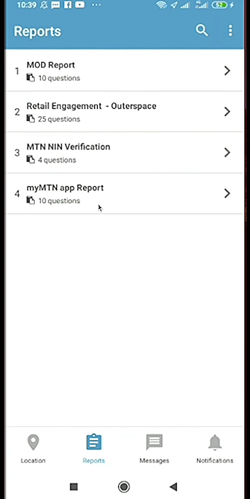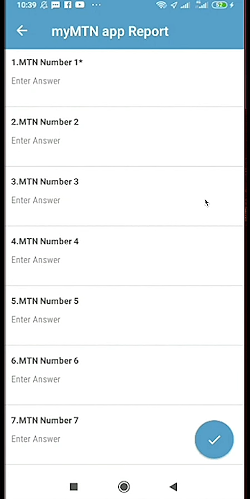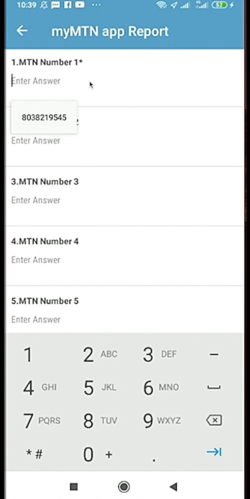Now, the last report on the menu is my MTN app report. My MTN app report here, when you click, step 1, step 2, input the details. Okay, so you see the asterisk there says I must answer 1. So I put my number. Now, when I click there, because I've input the number before, you see it appears. No, don't do that. Don't click and add. Input the number 080,